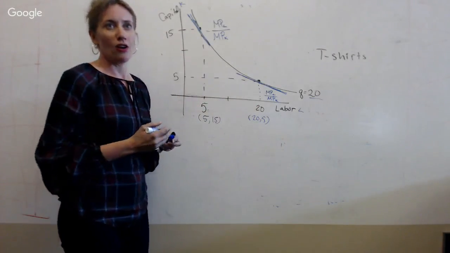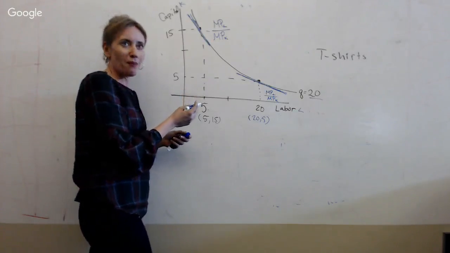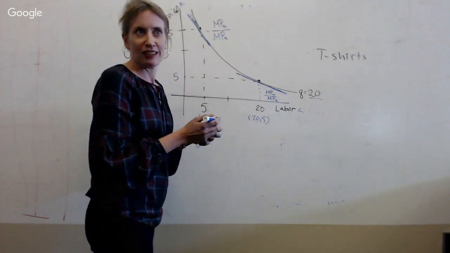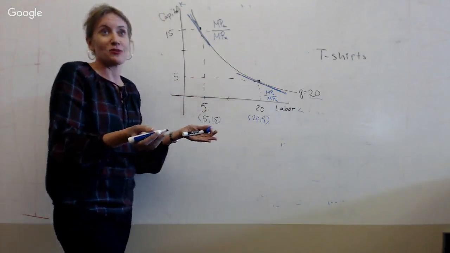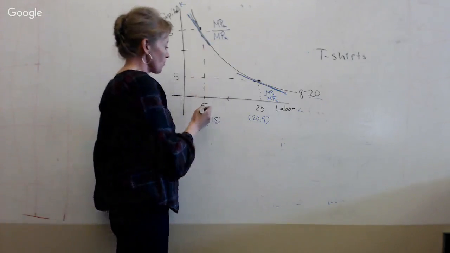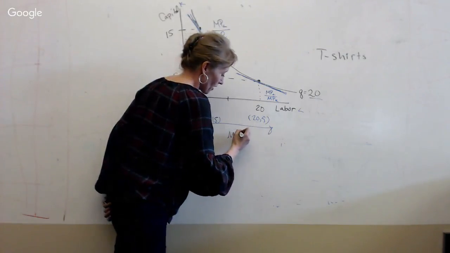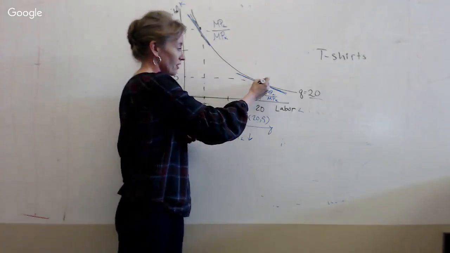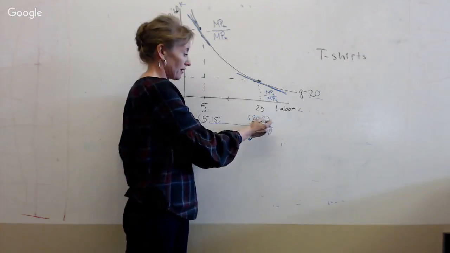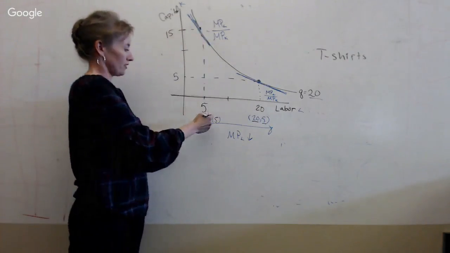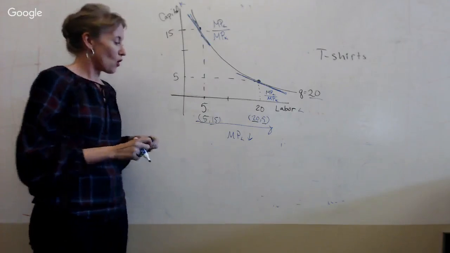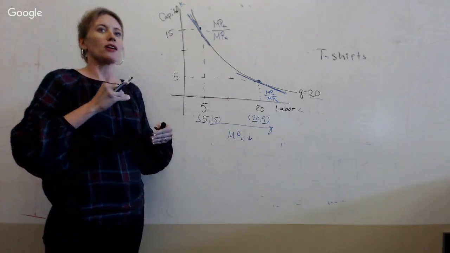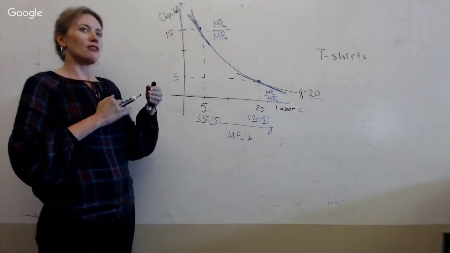Well, I'm sure Jose remembers the answer to this question. What happens to the marginal product of labor as we increase the quantity of labor that we use? It diminishes. We experience diminishing marginal return. So as we move this direction, the marginal product of labor is going to fall. Now, over here, we're using more labor and less capital than we are here. Here we're using less labor and more capital. What happens to the marginal product of capital if we decrease the quantity of capital that we're using? We're going backwards here, so it's a little tougher to think about.